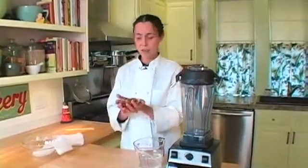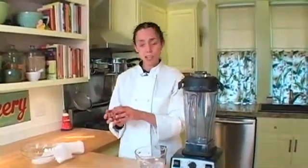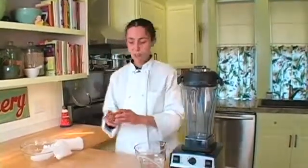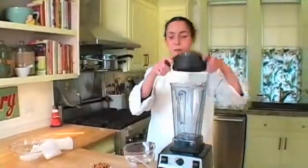You're going to want to rinse them a couple times because all of the enzyme inhibitors are going to be released into the water, and the water will turn brown and bitter. You don't want to use that inside of your almond milk. So rinse it out. Pour some more water in there, let them soak again 6 to 8 hours, and when they're finished soaking, you're just going to drain the water, take those freshly soaked almonds, and put them into your